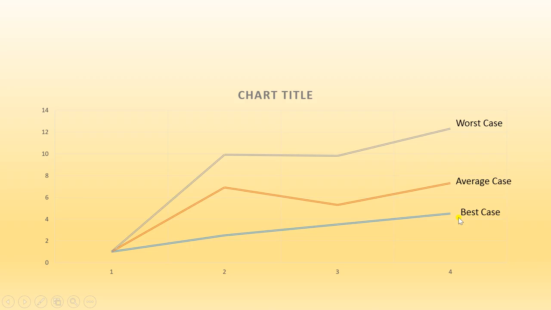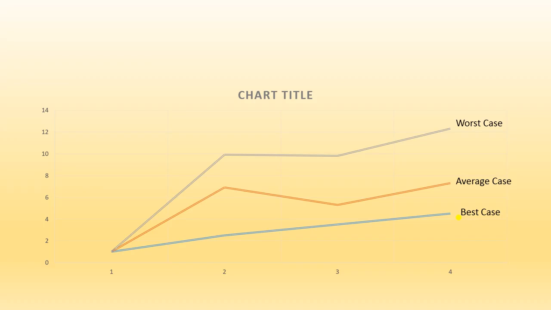So the first case means it has to execute all the iterations of the loop till the condition is true. This is the worst case, where you have to check the condition and go through each and every element of the list. It is traversing all the elements, so it takes more time and more resources. So this is your worst case.